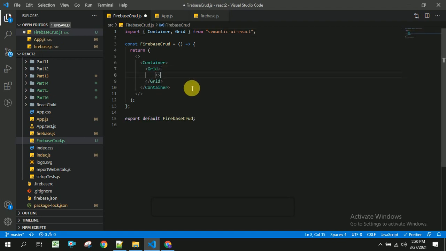Inside the grid we will be having two things: rows and columns. And to these columns we have to specify how many columns we have to render. So we are going to render two things. One is add user, and after this we are going to render edit user. So I have taken two columns.